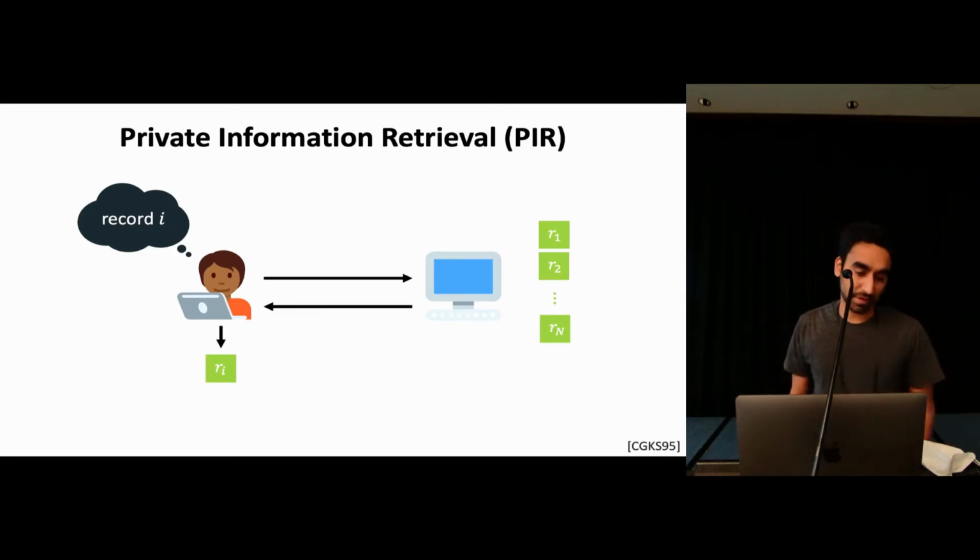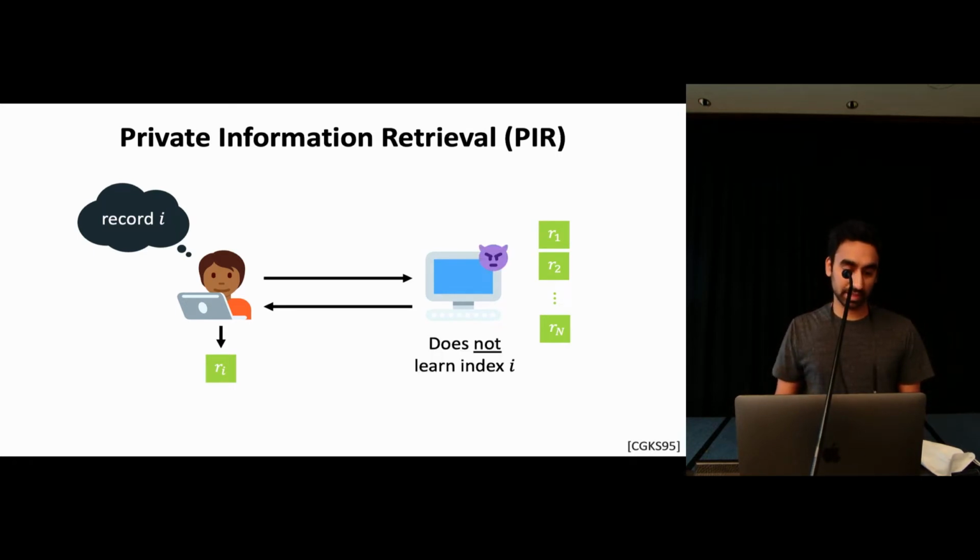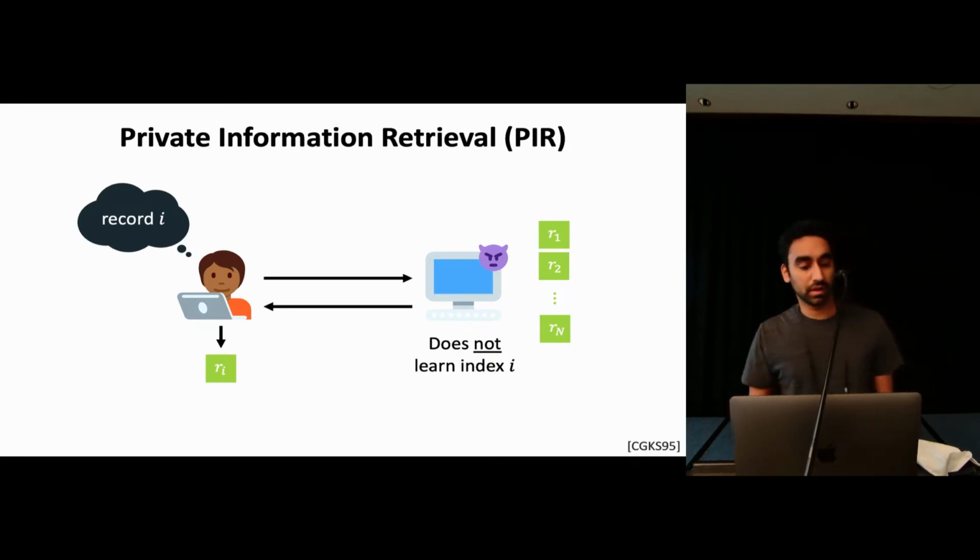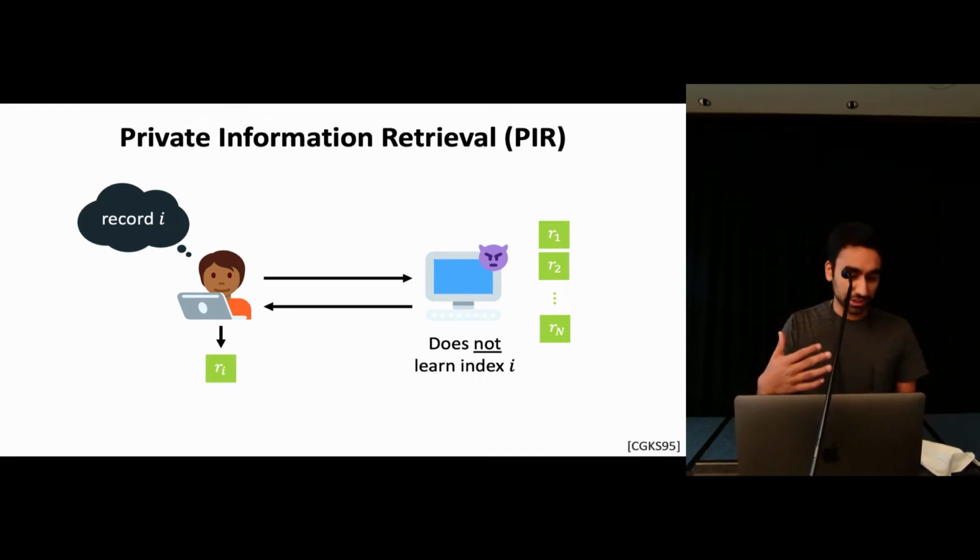So in private information retrieval, a client wishes to retrieve an item from a database without letting the database learn which item they're retrieving. And specifically, this guarantee should hold even when the server is arbitrarily malicious. You can imagine as a motivating example, the client wishing to retrieve an article about a sensitive medical condition from